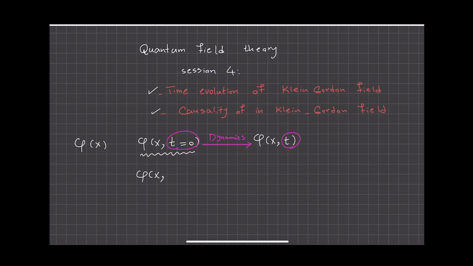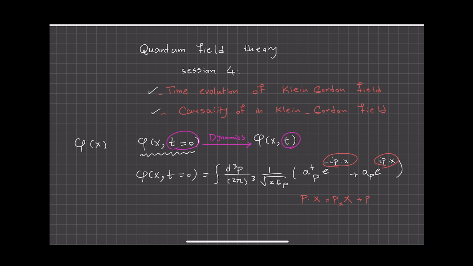So phi of x at t equal to 0, as we previously talked about, is the integration over all possible momentum with the proper normalization factor, a dagger of p times the exponential term, plus a of p times e to the i p dot x. But probably the most important part is this red part. So p dot x, we mean only the spatial component of momentum and the coordinate, which means px x plus py